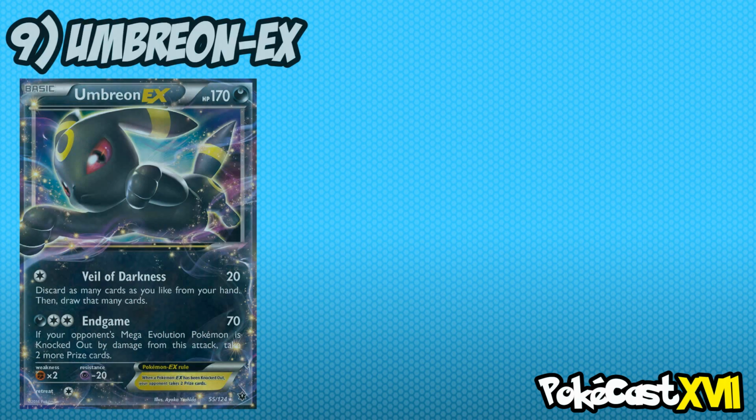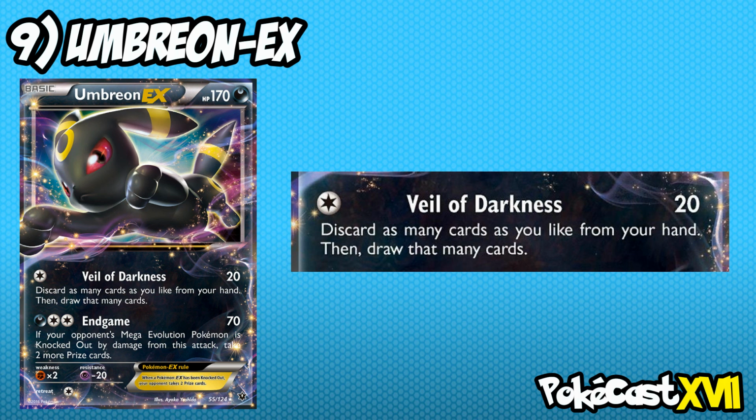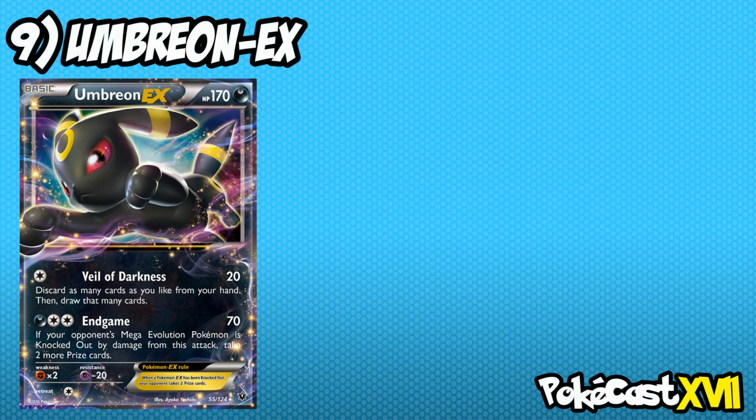Number 9. At number 9, we have Umbreon EX. Standing at a decent 170 HP, Veil of Darkness deals 20 damage and allows you to discard cards from your hand and then draw the same amount of cards you just discarded. A pretty decent attack, and one I'm sure will be useful in certain situations, however it's its second attack that